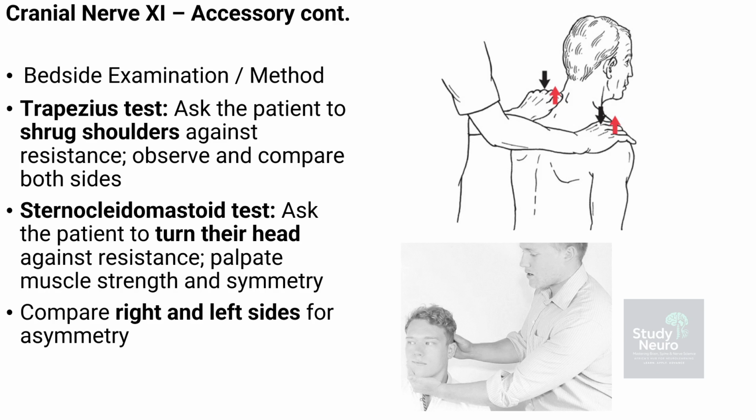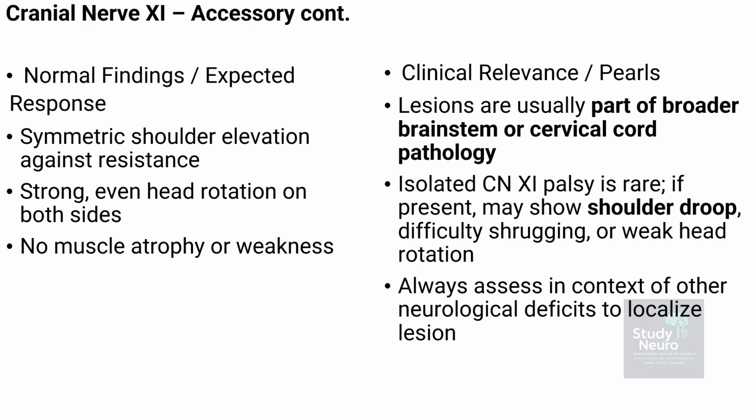Next, assess the sternocleidomastoid by asking the patient to turn their head against your hand, feeling for equal power and smooth motion on both sides. Comparing right and left sides is essential to identify subtle asymmetry. In a normal examination, the patient demonstrates symmetric shoulder elevation and strong, even head rotation, with no evidence of muscle